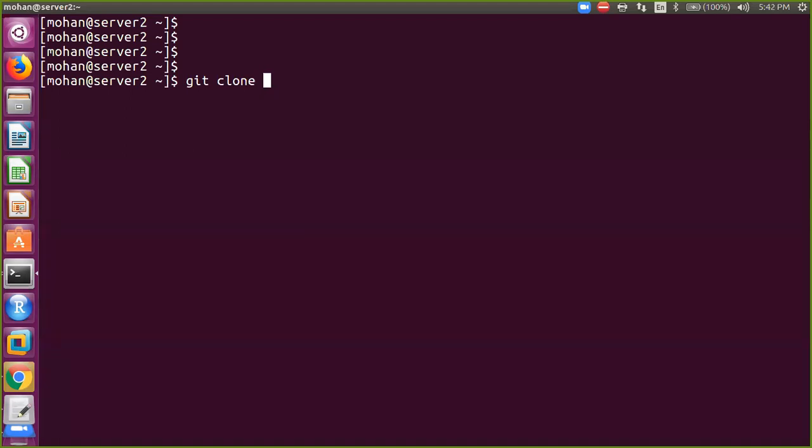So where is that? Observe, sir. Where is that remote repository? It is under user account git, right? On server1.satya.com, right? And what is the path to your remote repository? You need to mention here /home/git/ and then your project name. The project name is project 1. This is what you need to mention, sir.